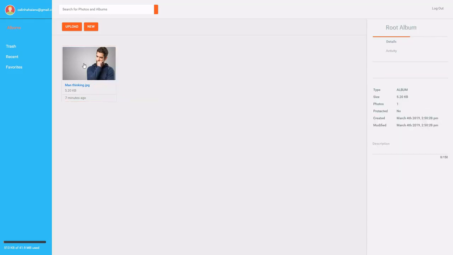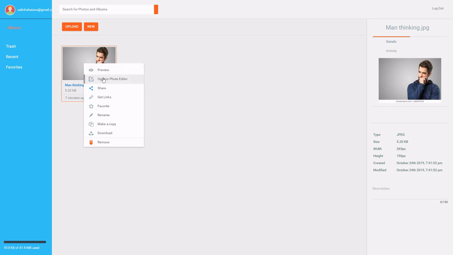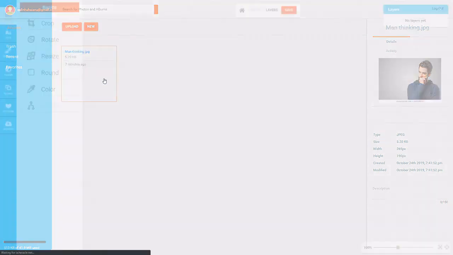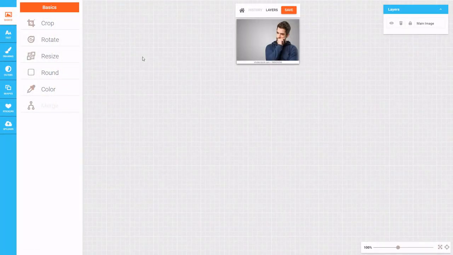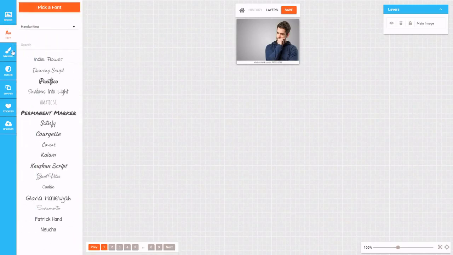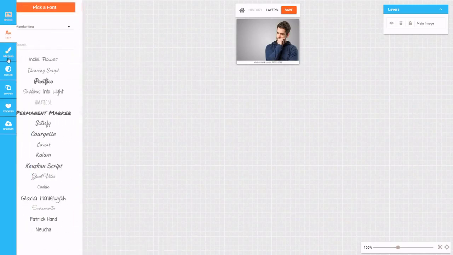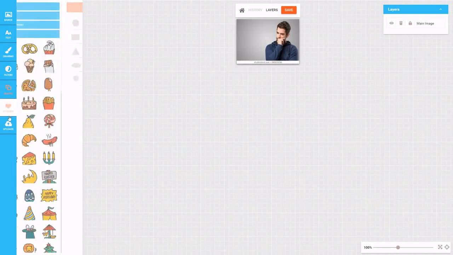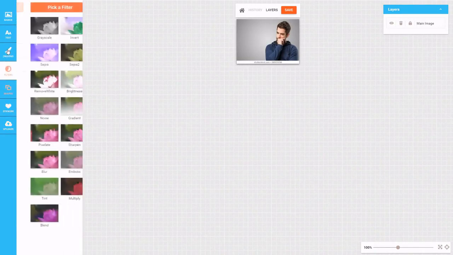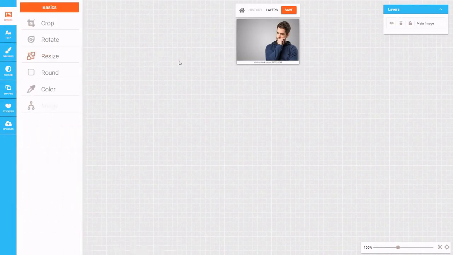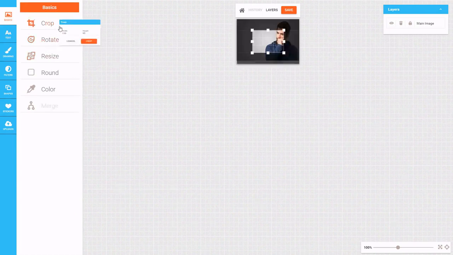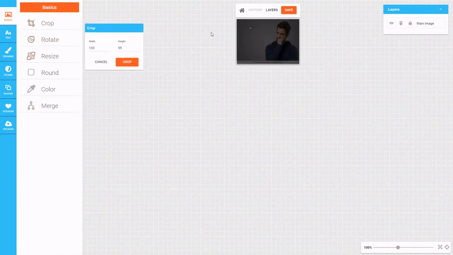We're just gonna go on this photo that I got from the internet, right click, open in photo editor, go into our very own photo editor, and here we can see thousands of options to customize our own picture. But first of all, I can see a watermark here that kind of bothers me, so we can just